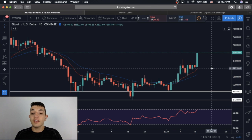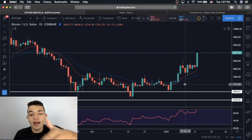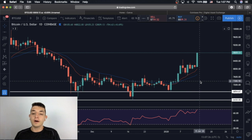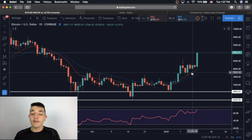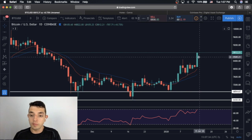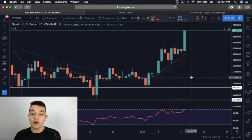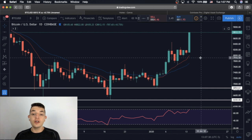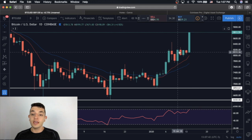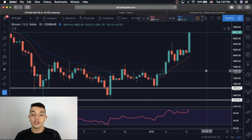Now, I did not take advantage of that whole 28% gain because I've been riding a little bit of the trend and selling some and rebuying. So, yeah, I haven't quite calculated how much percent I've gained during this whole 10 days move. But anyways, we are sitting at 8,800, and we basically had this daily equilibrium pattern, which is much clearer on